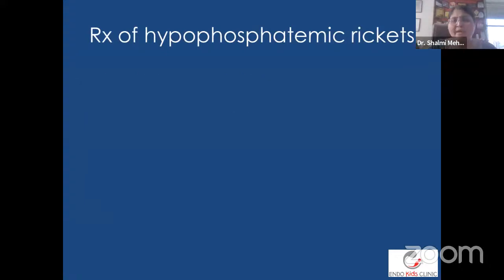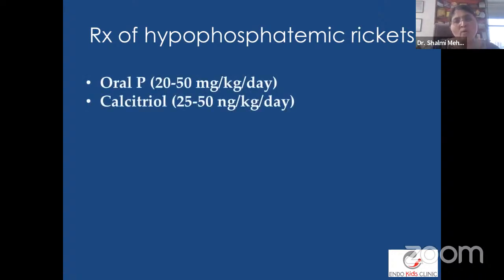Now, definitely before you treat them, you would establish that the child is definitely losing phosphorus. So we do calculate the serum phosphorus, the serum creatinine. We do a timed urine collection to calculate the excretion of phosphorus in the urine, and also urine creatinine ratios. Then we would calculate the tubular reabsorption of phosphorus. There are various formulas to do that, and only then establish that, okay, this is a child who has a hypophosphatemic rickets. We would do the genetic analysis if available and if affordable to confirm our diagnosis, because these are all lifetime diagnoses, right? So then eventually these patients would go on oral phosphorus.